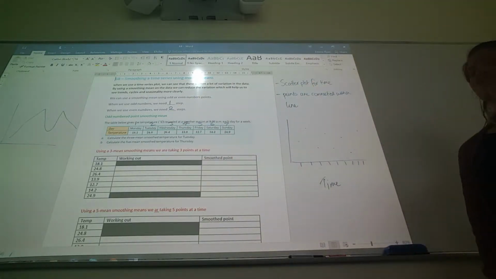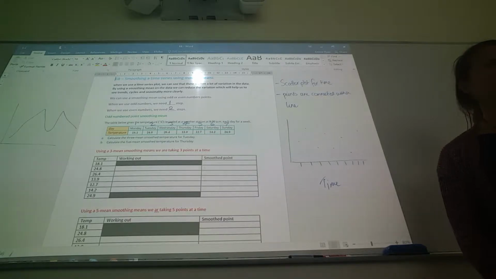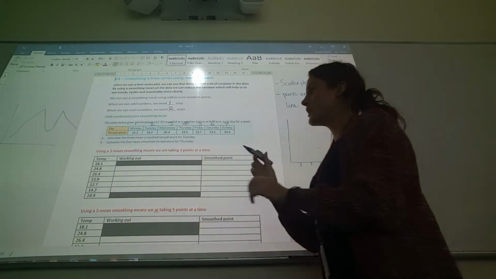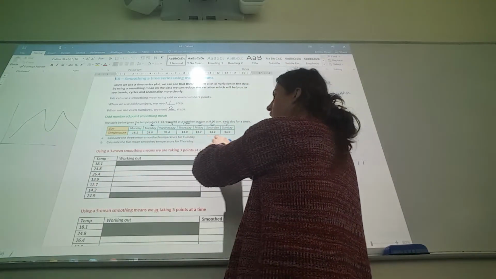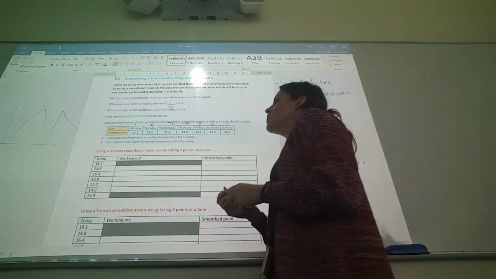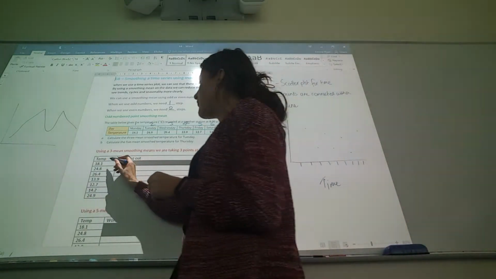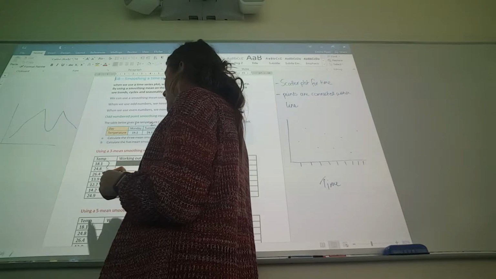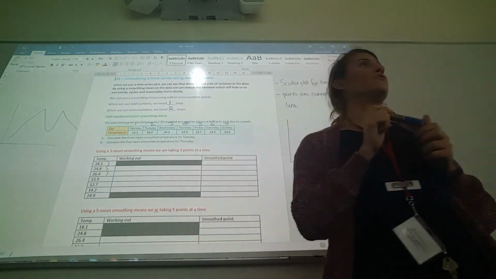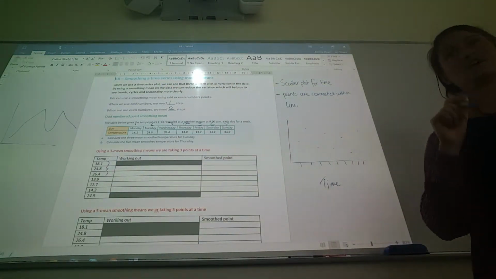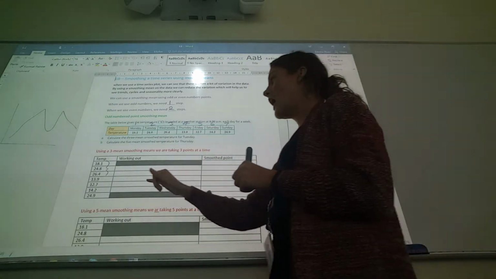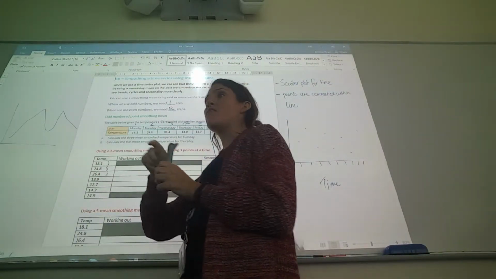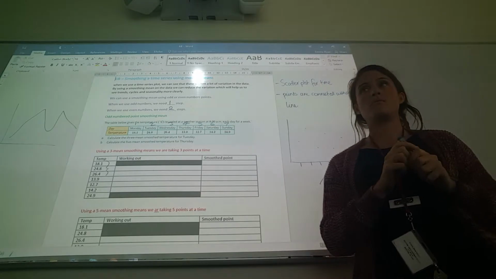Which means we're going to take 3 points at a time. So what we're going to do is, these are all our data points from here. I've just put them in for you. We're going to grab our first 3 data points and find the mean of those 3 data points. So we need to add all these numbers together and then divide them by 3, because that's how we find